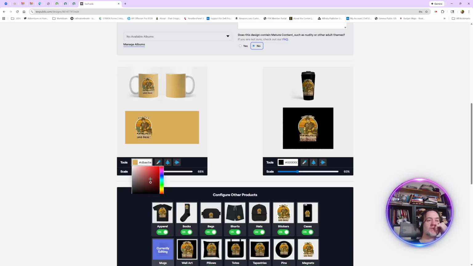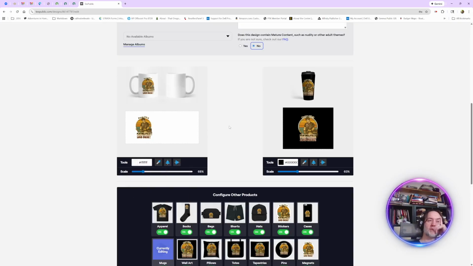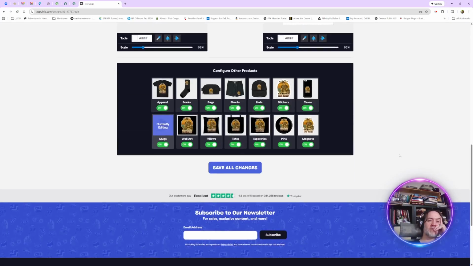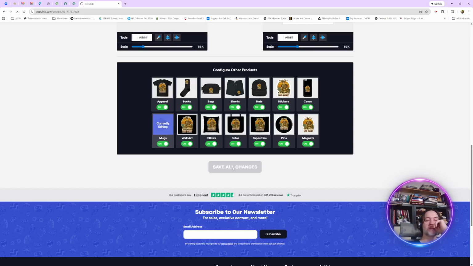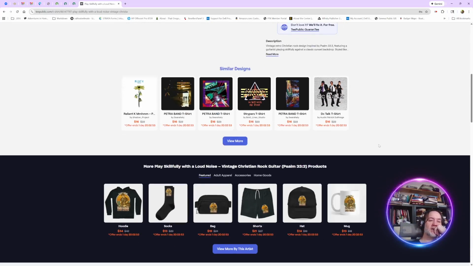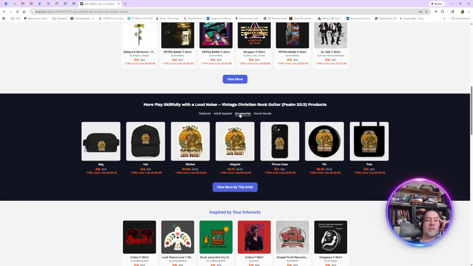but also we just do white. I think white kind of looks the best actually. So I'm going to reset that as white, and then this one over here is like a Starbucks coffee mug type thing. I'm going to make that white too. I think that looks best. And so let's save all changes there. But I really like the clothing being black. I think that looks good. All right, so if we go to accessories,